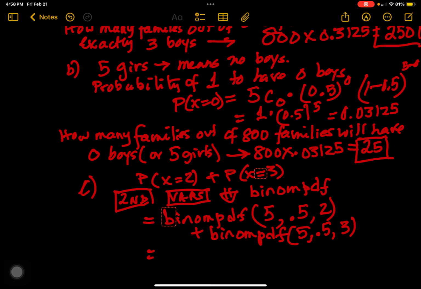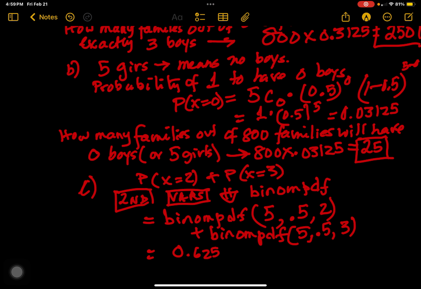Okay, and then press the plus sign and again repeat the same process. Second VARS, scroll down to binom PDF and hit enter. Number of trials is 5, probability of success is 0.5, X value is 3, paste. Now you're going to hit, at the end, enter twice. And the answer is